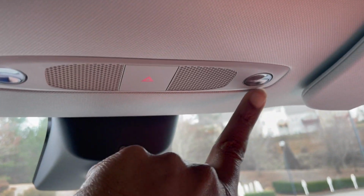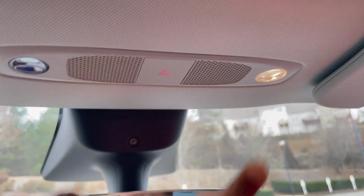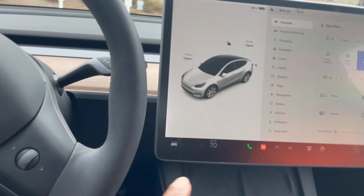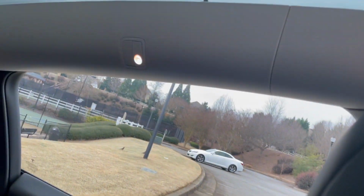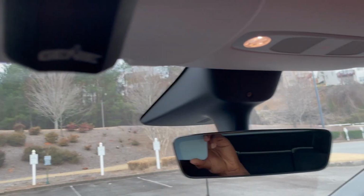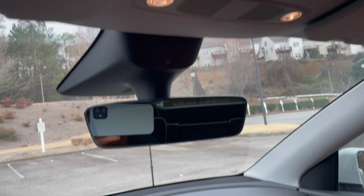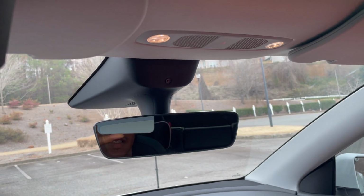We have 2 in the front. I know we have some down in the floorboard, and those work as well. And also I turned on all of the dome lights as well, so you see there and back here. But the ones in the back, you also want to just go push them just to make sure that they will turn on. So I'm going to turn off the dome lights, and the lights went off all over the